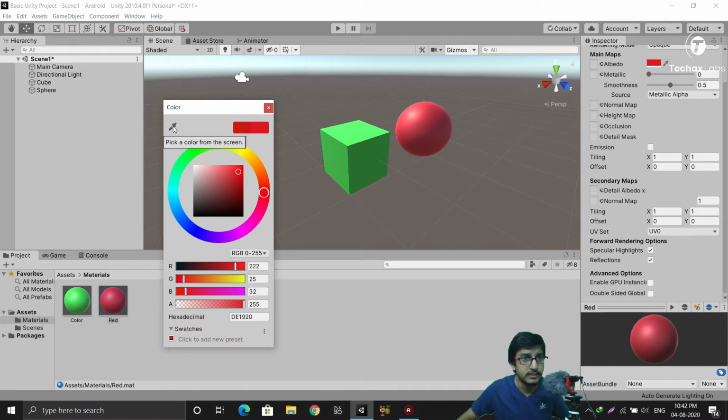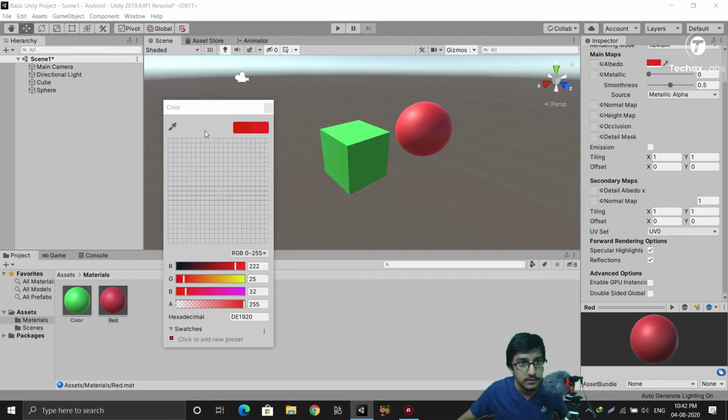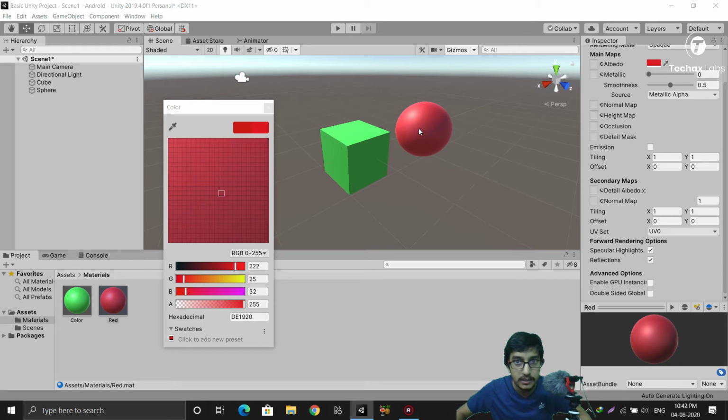So what it does, let's select it, and it gives you an option to select any color which is present on your desktop currently. It means any color. So follow my cursor and see the colors changing here. If I want to select this color, I can. I can also select this color. I can also select white here, and I can even select from the taskbar. Here you can see.